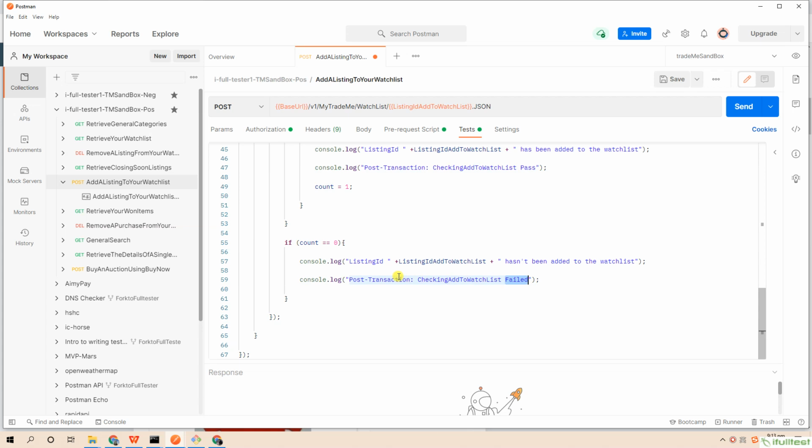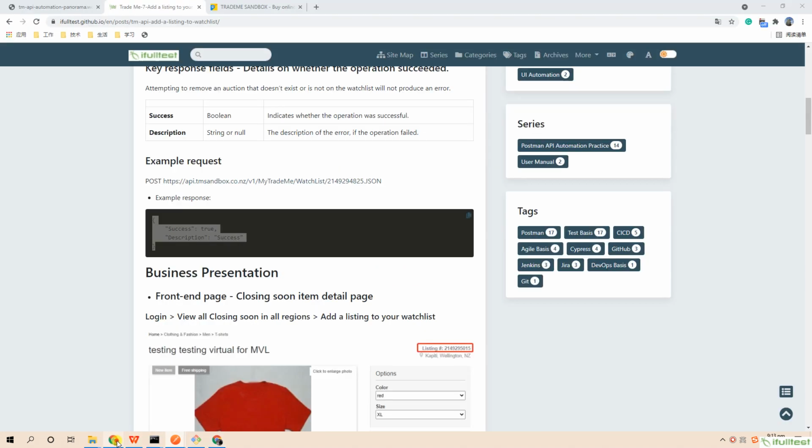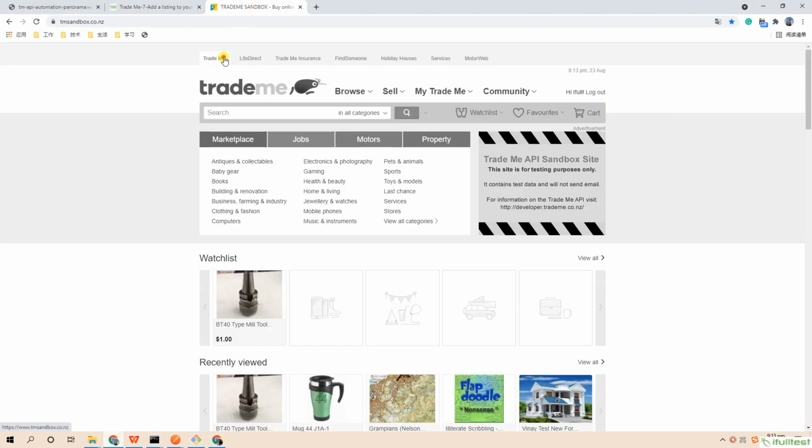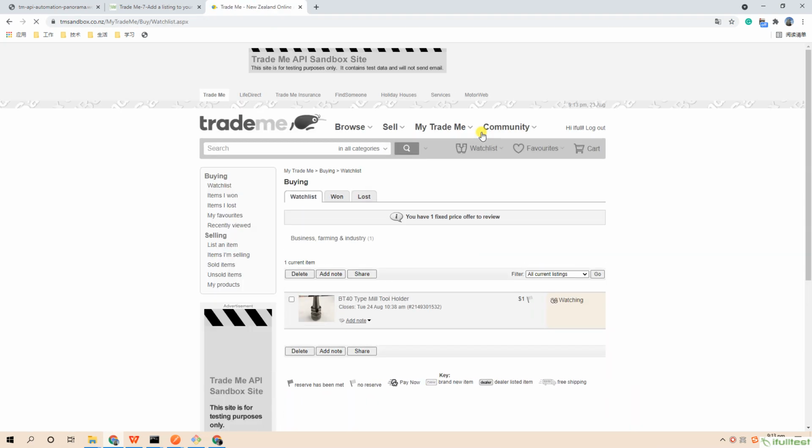We could check the initial status from the TradeMe front-end UI side before we send the chained requests. See, we have one item on the watch list. Let us send the request and check from the test results and console log.